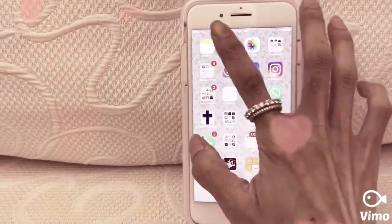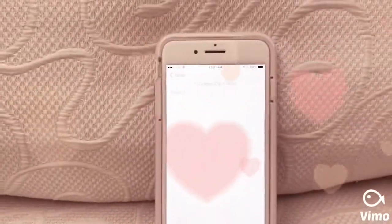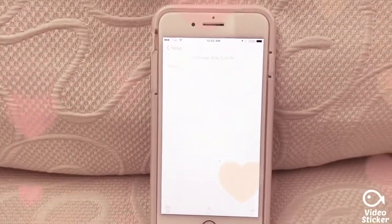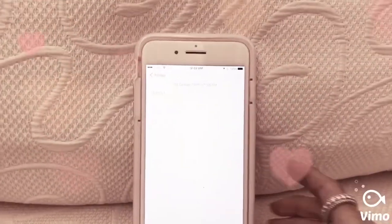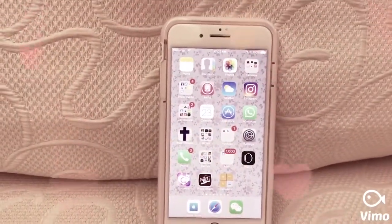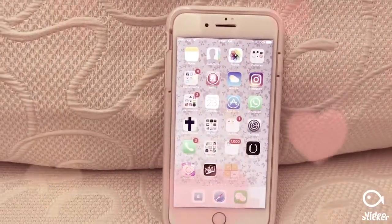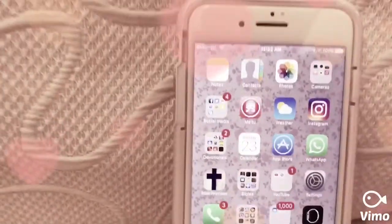I've got notes that I find very useful. I write down, for example, my passwords and important information on notes, so I can check on them. Usually passwords for different companies or different social medias, and sometimes I write my prayers on notes as well. And then I've got contacts, I've got photos,